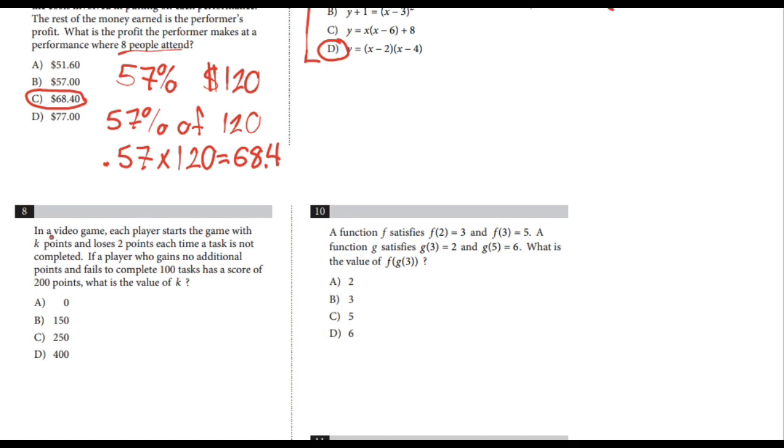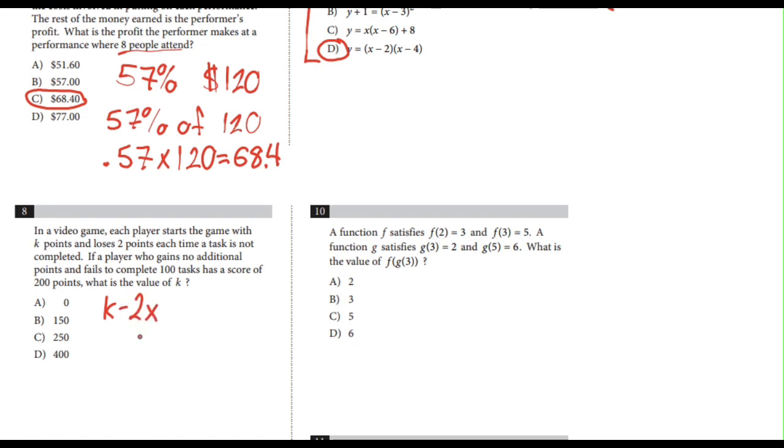Number 8. In a video game, each player starts the game with K points and loses 2 points each time a task is not completed. If a player who gains no additional points fails to complete 100 tasks has a score of 200, what is the value of K? So we know that we start off with K points and we lose 2 points each